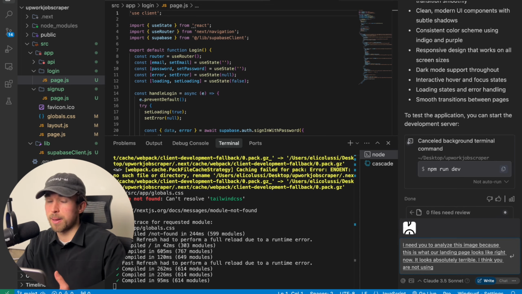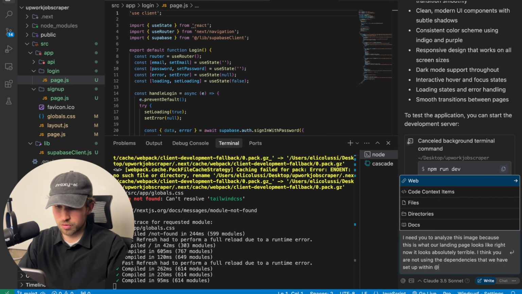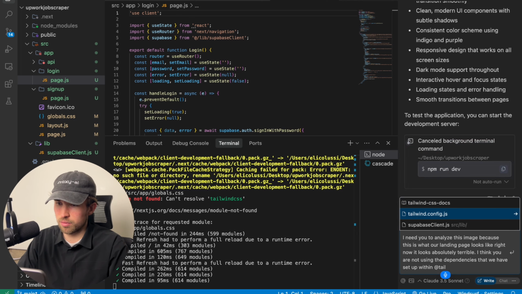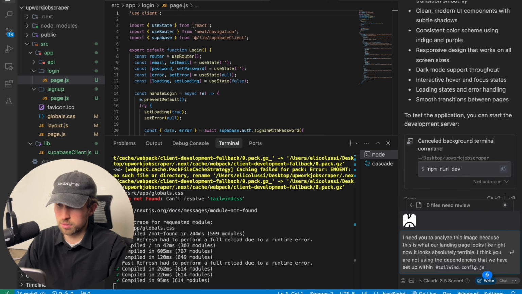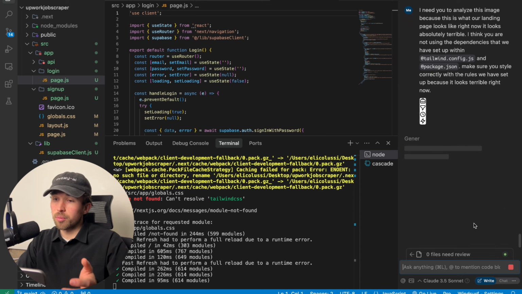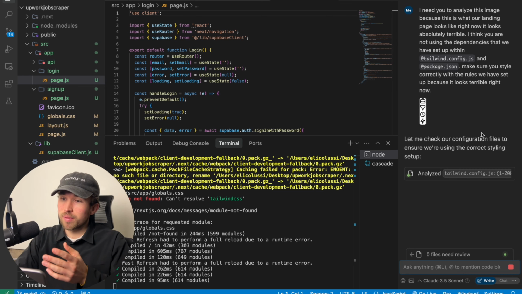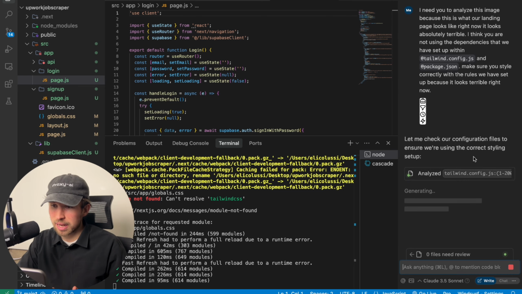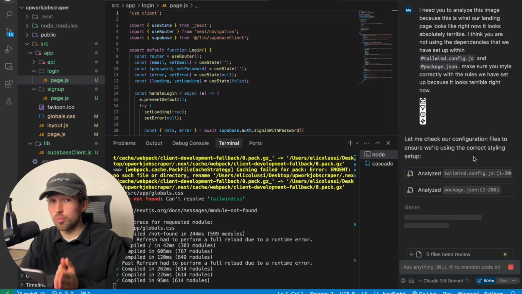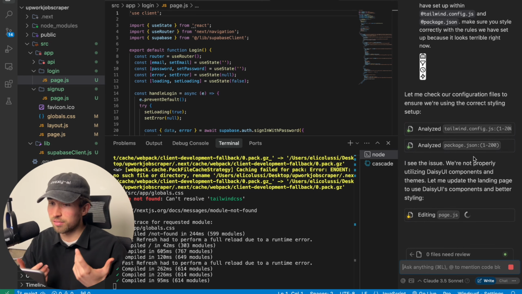I think you are not using the dependencies that we've set up within Tailwind. Actually, I'm just going to reference these within tailwind.config.js. And then also, since I can't be bothered to go in there manually, figure out why the icons are absolutely massive and what's going on. I just said reference tailwind config and look at the package JSON and make sure that you are styling correctly with the proper dependencies like Daisy and Tailwind that we've set up natively in the app.